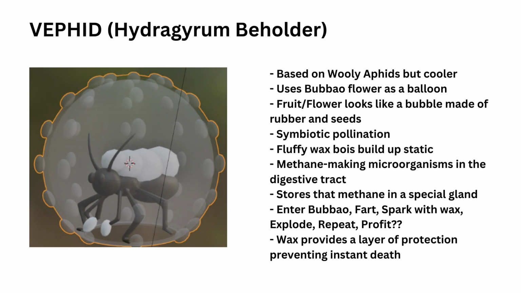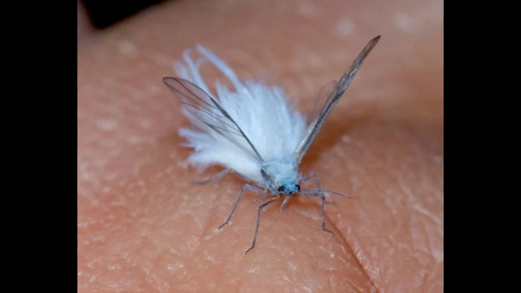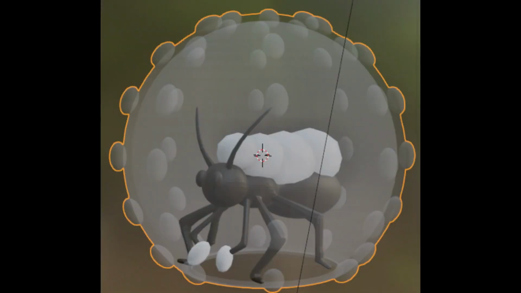A different type of ignition method is electrical ignition, of which we have 2 submissions. Coming in first place is Hydra and their Vephid. Based on woolly aphids, these arthropods excrete a waxy substance on their body used to deter predators and build up static electricity. They also possess methane-producing microorganisms in their digestive tract, which they store in a special gland and release from their backs. These two adaptations seem ordinary on their own, but a third ingredient comes to play: the babao